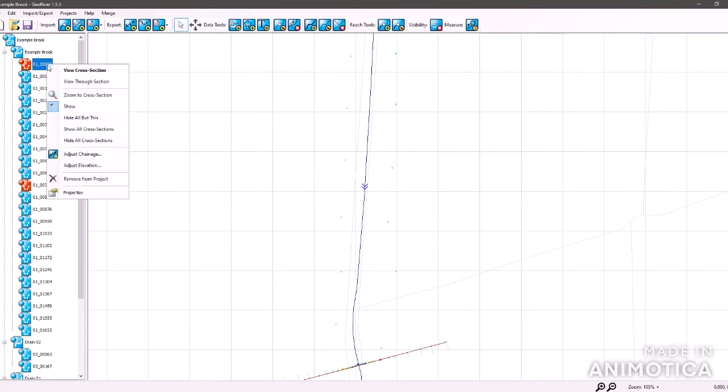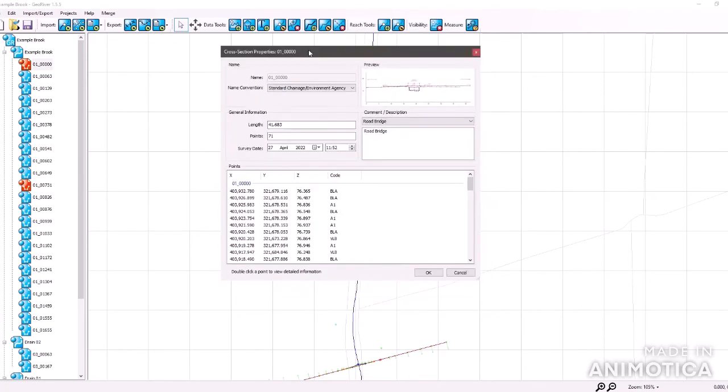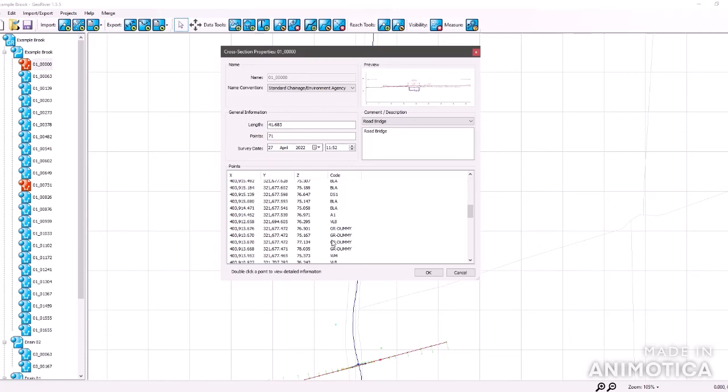If we just go to cross sections here, we've got various items here. A view through section if it was a weir, hide cross sections, adjust chainage, elevation, remove from project, properties, and it's this properties tab where you set the description name. At any time you can click on a point to see what it is, where it came from, any annotations. So these are all the points from the cross section,